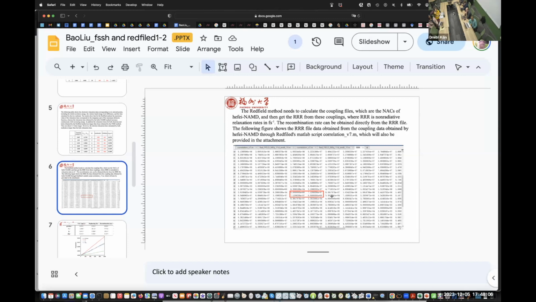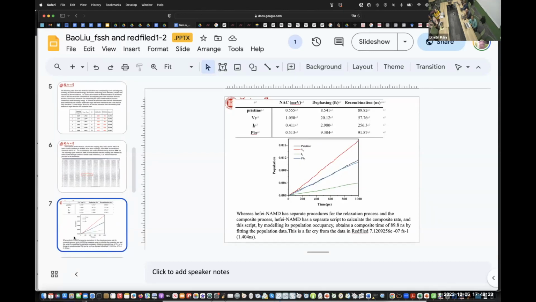Maybe yes, it is big. Like here is 7 to the minus 7, and nearby those are 3 to the minus 4 and 3 to the minus 4. Yes, it seems reasonable. And then there is an attempt to compare this number of the recombination rate